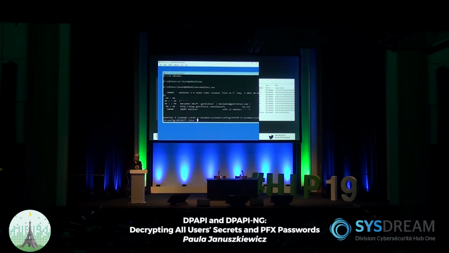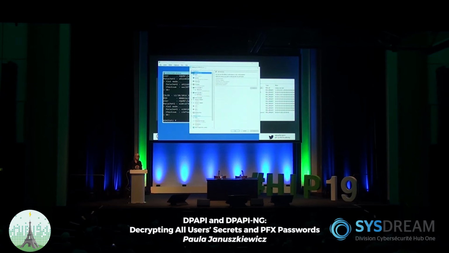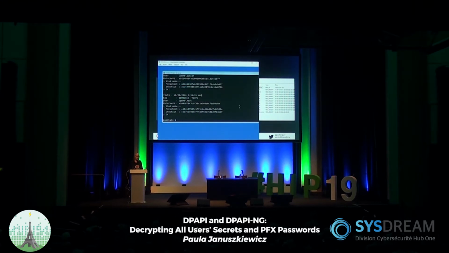So we've got LSA dump cache, Windows system32, config system, and security /kiwi, enter. So we are done. Fantastic. We have just overwritten cache logon data for every single user on this box. Now, just to log on with a different password, which has been generated with the cache logon data, I'm going to disconnect this machine from the network because I will need to log on with the cache logon data.